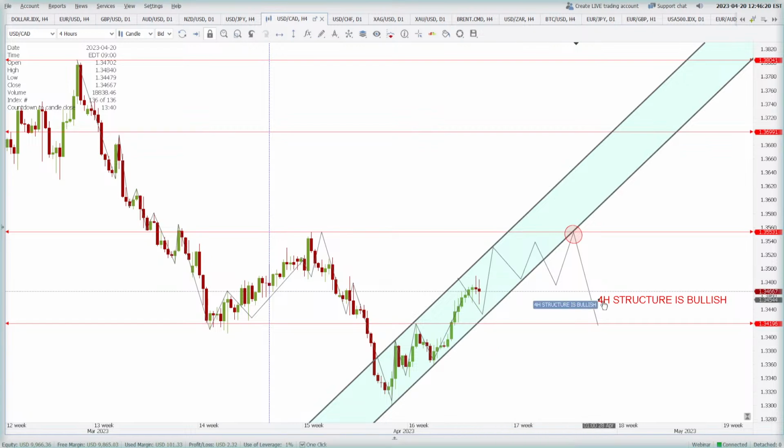When I say 4-hour structure is bullish, I say daily market structure is down. So this is the counter trending channel that we have created, because we are expecting this counter trend to align with the main trend. So we expect it to break, and at the break, when it retests this channel, we are expecting to enter in the direction of the trend, and the direction of the trend is down. All right, so 1.3553 resistance, 1.3419 support.